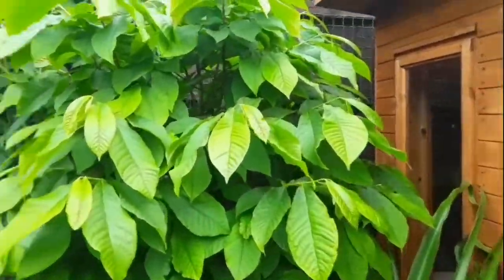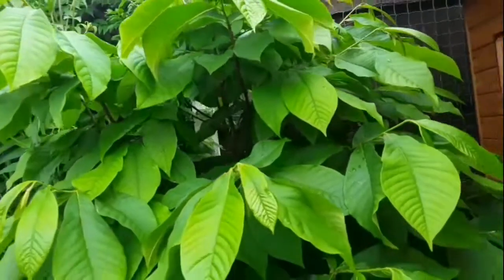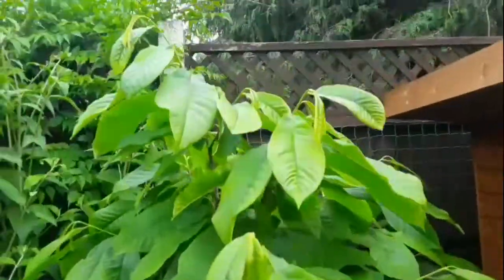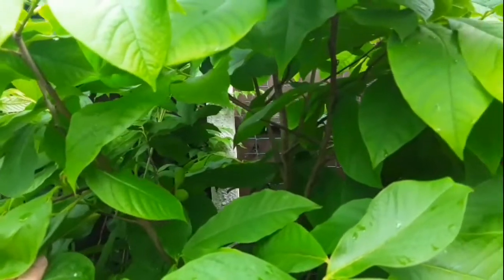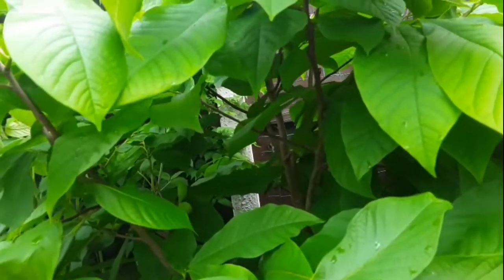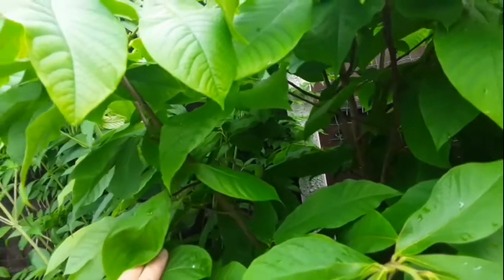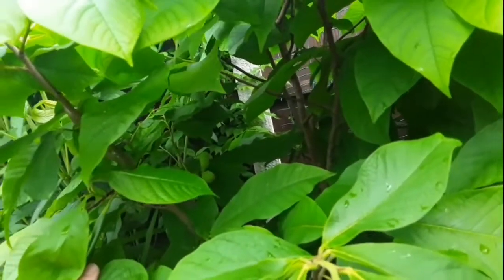However, I've managed to cross-pollinate it this year. You may have seen my pawpaw video the other day, and I don't know if you'll be able to see them, but it has actually set 3 fruits on it, and they're the size of large peanuts, so I might get fruits off this one this year. It'll be very interesting to see what they're like taste and flavour wise compared to the cultivated one I've got,